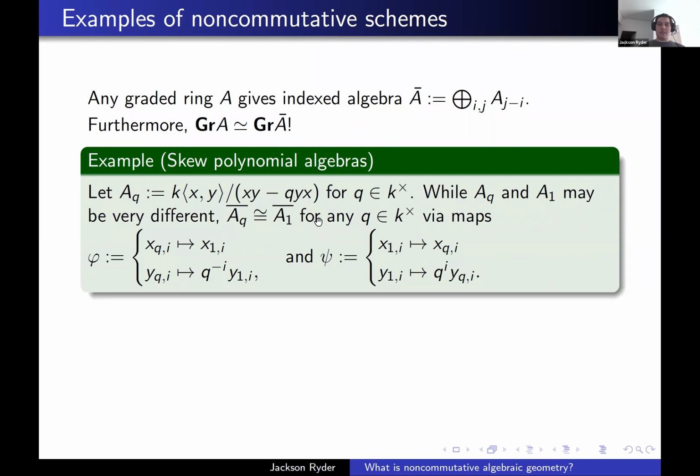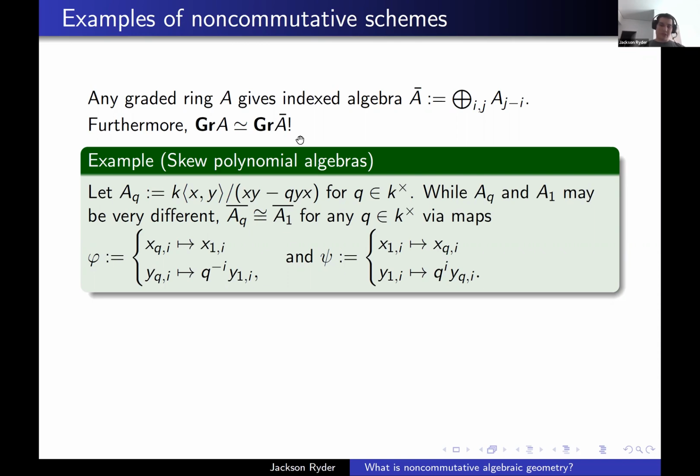But actually, the indexed algebras that come from them are isomorphic. So don't worry too much about these maps. These are just the maps that define this isomorphism of indexed algebras. But it essentially comes from having generators in every degree, and we can define this isomorphism going across the different degrees. So this is very useful because remember that the graded ring and the indexed ring have the